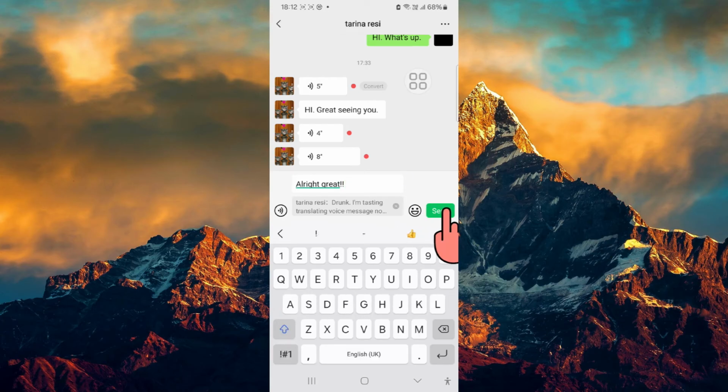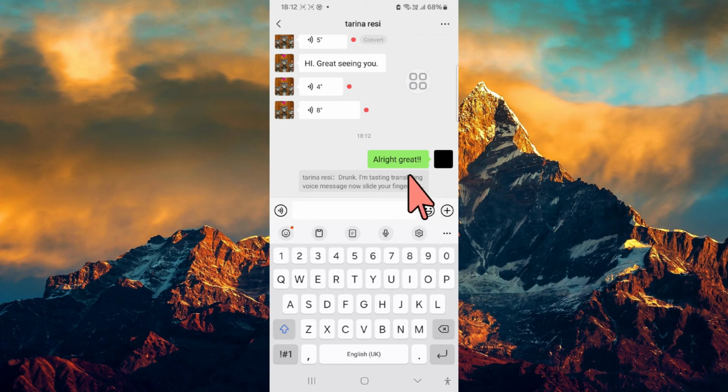Now we can click on send, and that's how the message is gonna look like when we reply to a